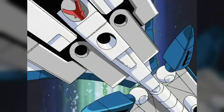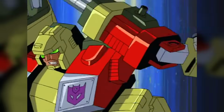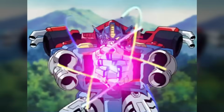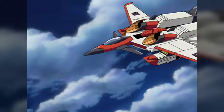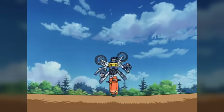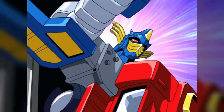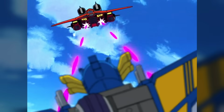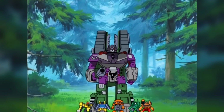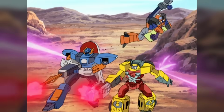The cartoon debuted in the US 6 months ahead of Japan, with an English dub featuring returning fan-favourite Beast Wars actors Gary Chalk and David Kaye reprising their roles as Optimus and Megatron. But the dub was produced in such a rush that its hastily translated scripts were often stilted and clumsy, with incorrect character names and even moments of outright nonsense with dialogue that didn't match the action on screen. Added to the show's overall shoddy animation, full of off-model artwork and errors the like of which also hadn't been seen since Generation 1, only a small fraction of which would be cleaned up for the eventual Japanese broadcast,